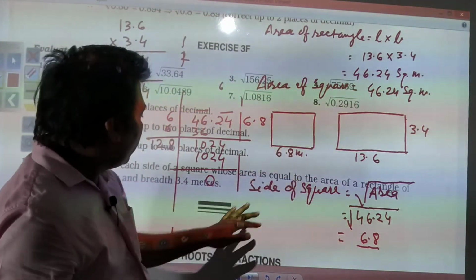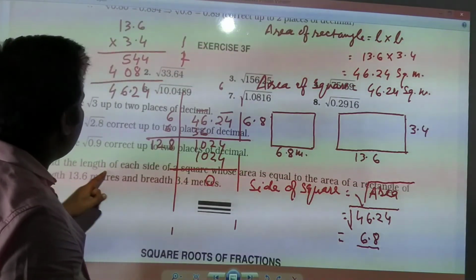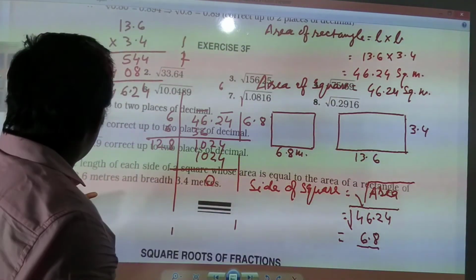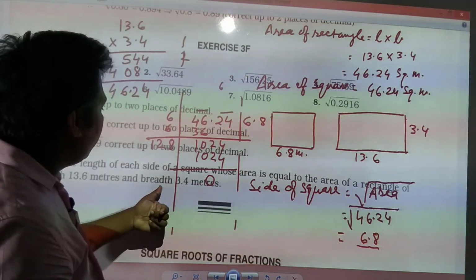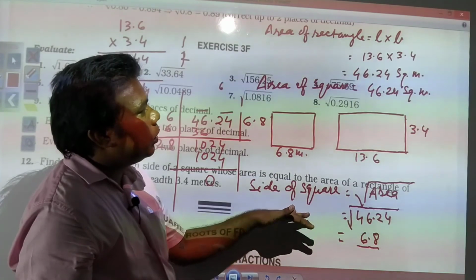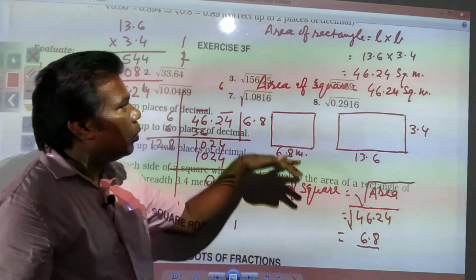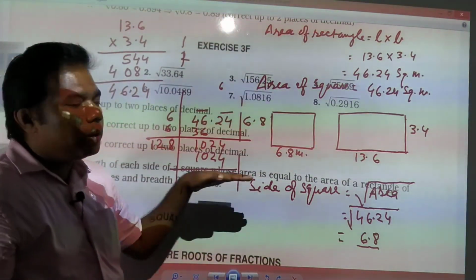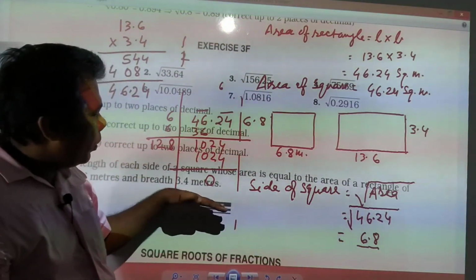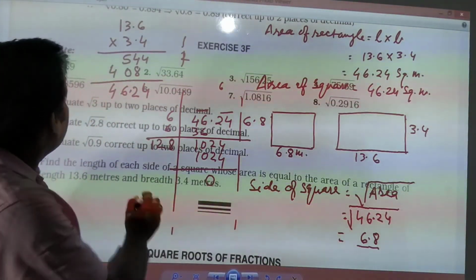So I hope you understood this question. Find the length of each side of a square whose area is equal to the area of a rectangle of length 13.6 meters and breadth is 3.4 meters. So I hope you understood. In notebook, each and every question must be solved in proper way, in proper order. So I hope you will do, and next day we will see